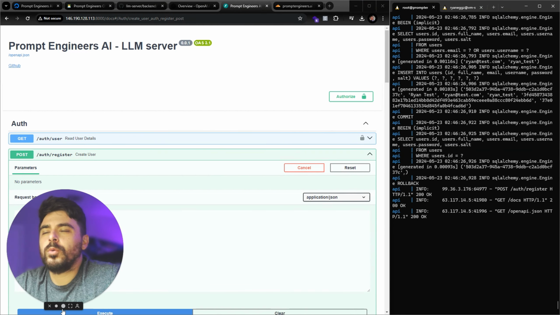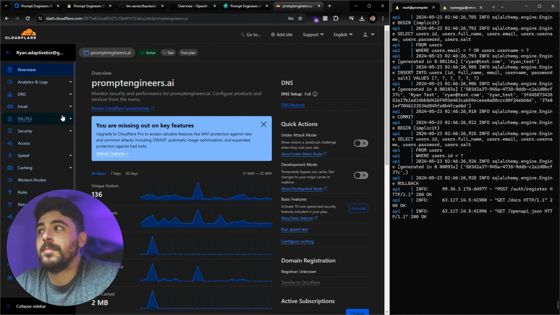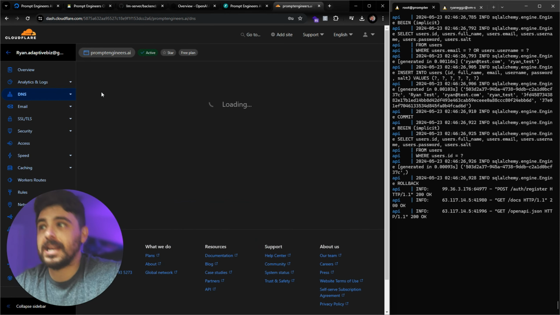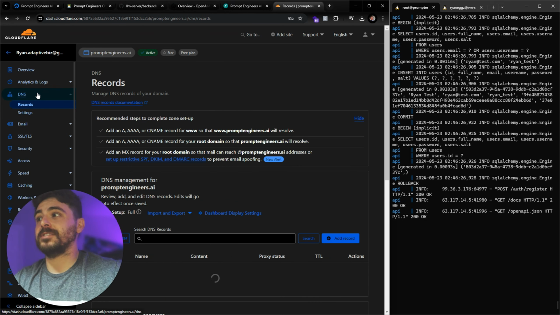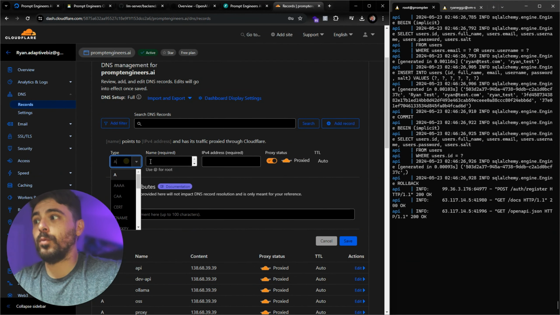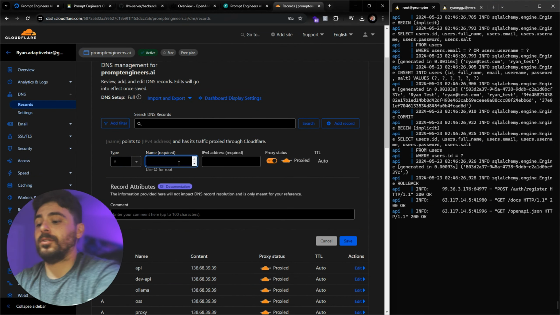One thing I want to do before we deploy the front end is show you how to configure a custom domain over on Cloudflare. I've already popped into my Cloudflare account, and then you create a website, and then you go to this tab over here on the left side called DNS. Then you're going to create a record, and we're going to create an A record,